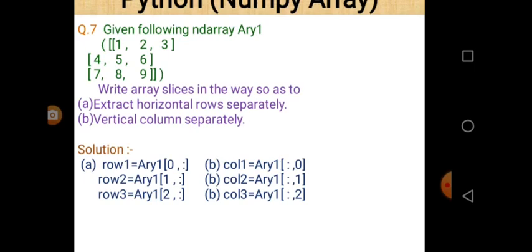Column 2 is the variable which represents the column at index position 1, written as ARY1 colon comma 1, and third is column 3, ARY1 colon comma 2.